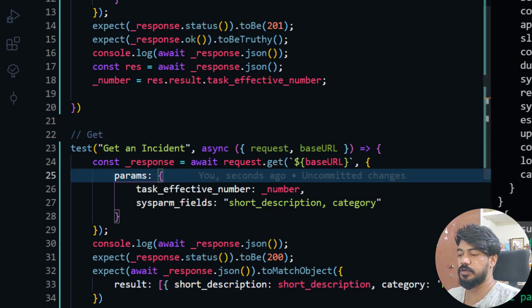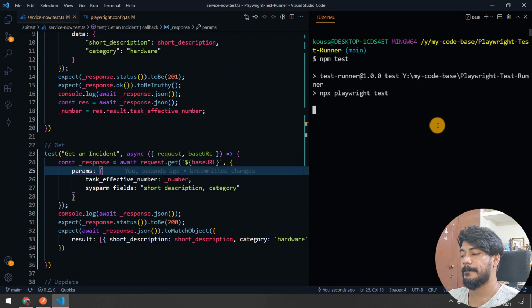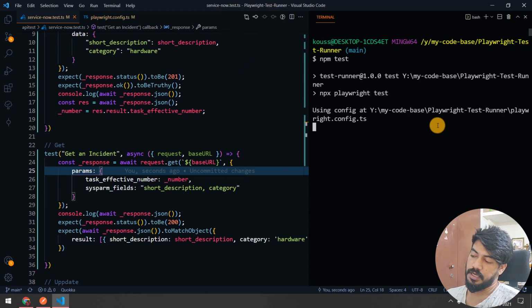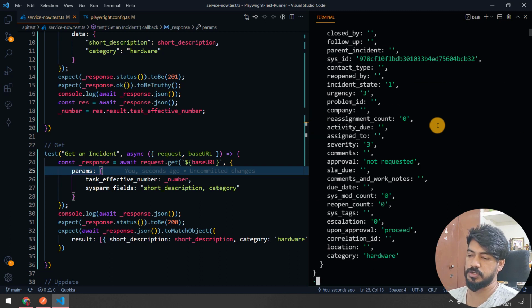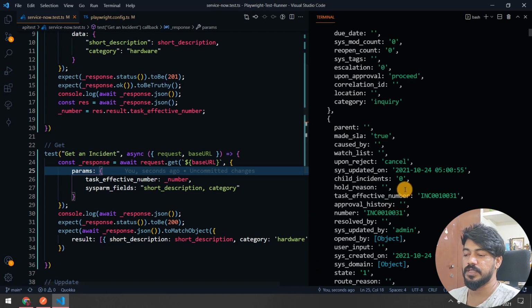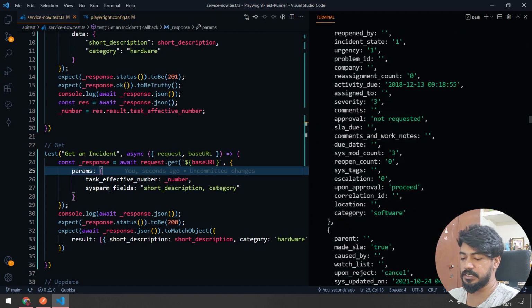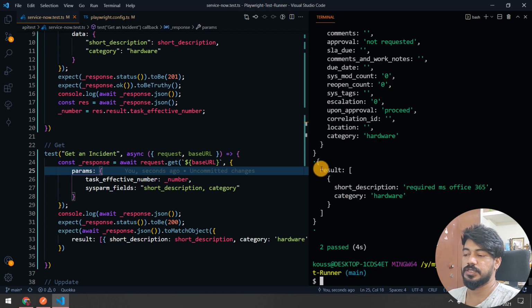Okay, now let's go and run this. Let's see. It's actually easy, very easy. If you compare with rest assured, mostly same only, right? So rest assured also has static functions, there is nothing to learn in that, just everything is a static function, you call it, call it, call it, that's it, right? Same thing here also. Okay, so here you can see we got the exact result, and this is basically passed.